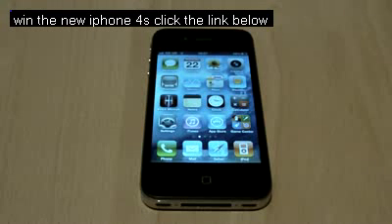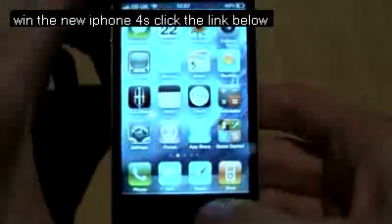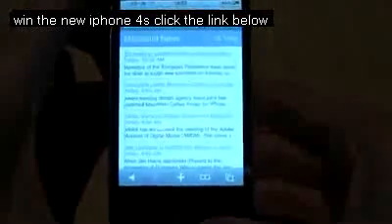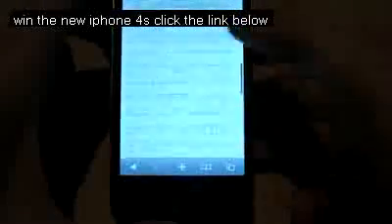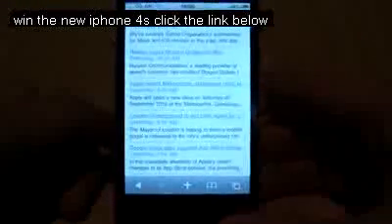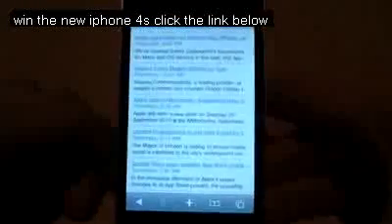Now this can be used in the iPod, Safari, in an email, in Notes, pretty much any app where you would scroll to the bottom of a document or a web page, anything like that, and you need to get back to the top. So to give you a demonstration, if I go into Safari here, and at the moment I'm on a Macworld news feed, so if I scroll all the way to the bottom of the news feed, now if I want to get to the top of the news feed, normally I would scroll all the way back up again, but to save doing that, what you can do is tap on this